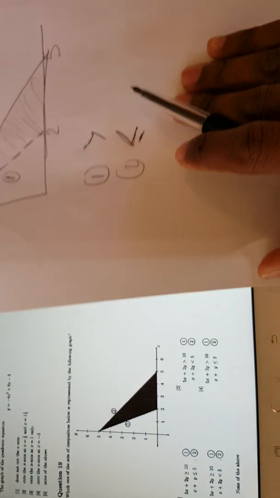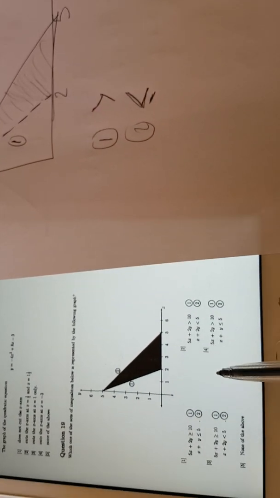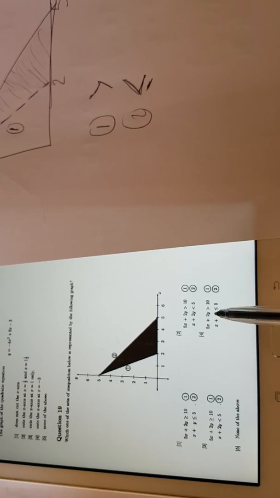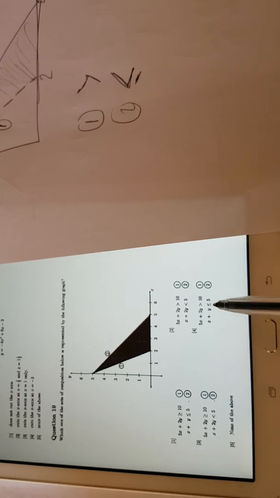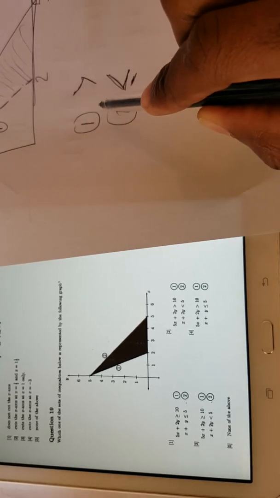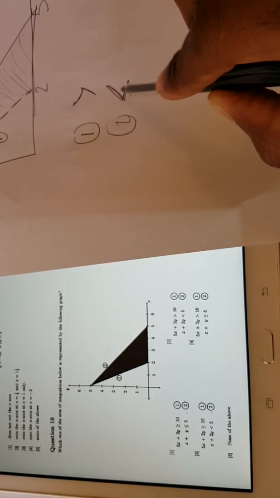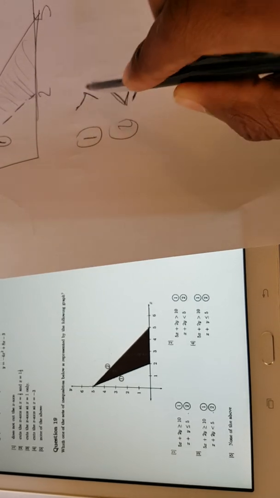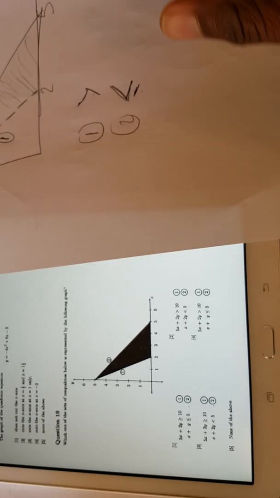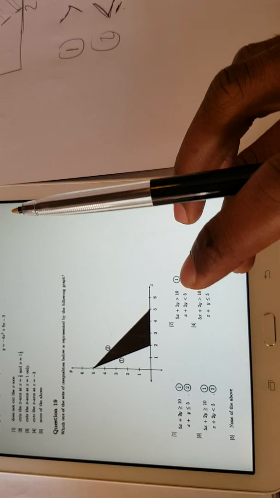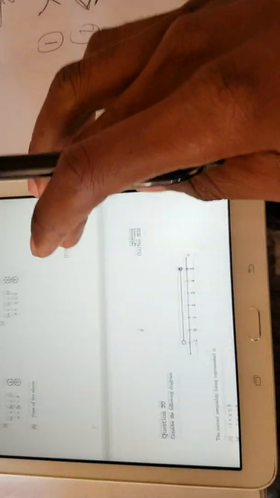So it seems like it's only option number 4. Yes, option number 4 has a greater sign on line number 1 and a less or equals to on line number 2. So option number 4 is the correct answer. Okay, let's move to question number